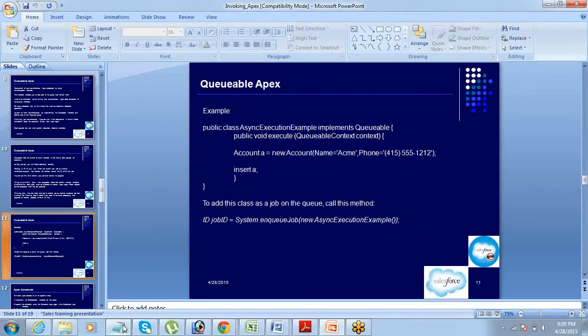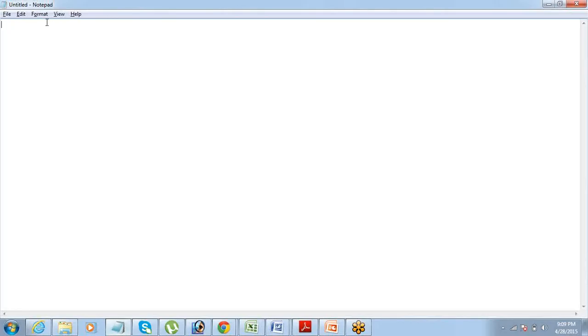So what we should be doing is, for a future method, what is the way of doing it? Put @future annotation and then whatever define your method. So it should be public static void. In case you want to pass parameters, it should be IDs or anything else, but not sObject.